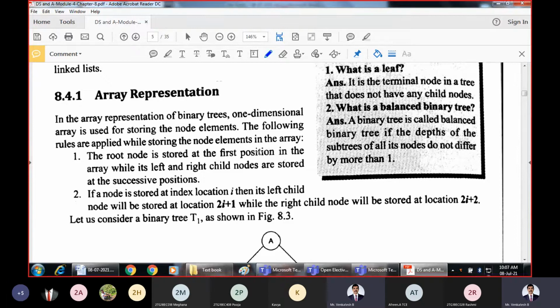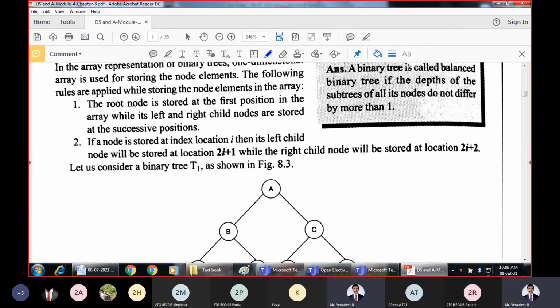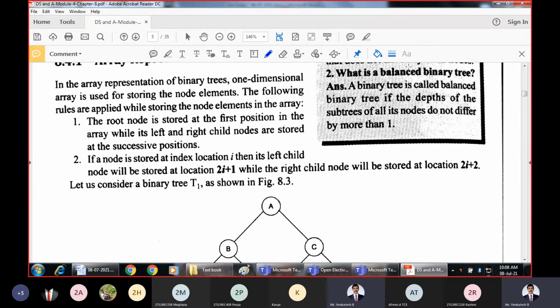So in this array representation, what happens? The root node comes first. That means the root node will occupy the first index value 0. Then the remaining nodes will come. The remaining nodes will occupy the next possible index values. So what are the rules for array representation?